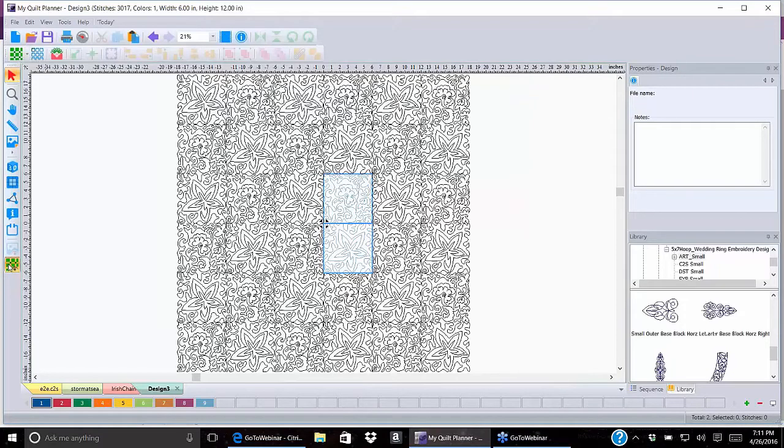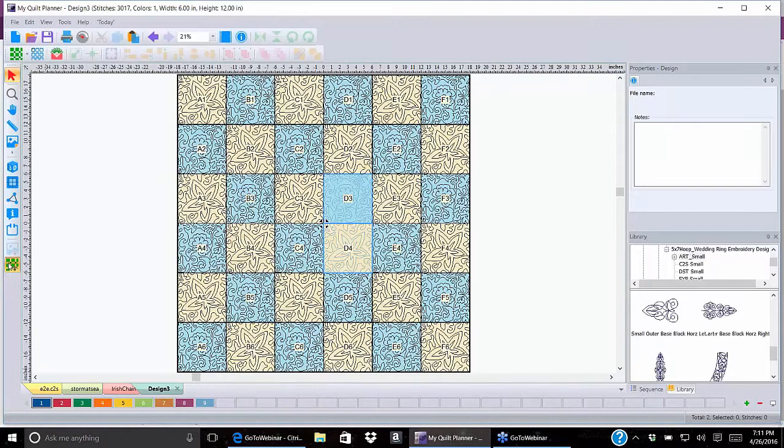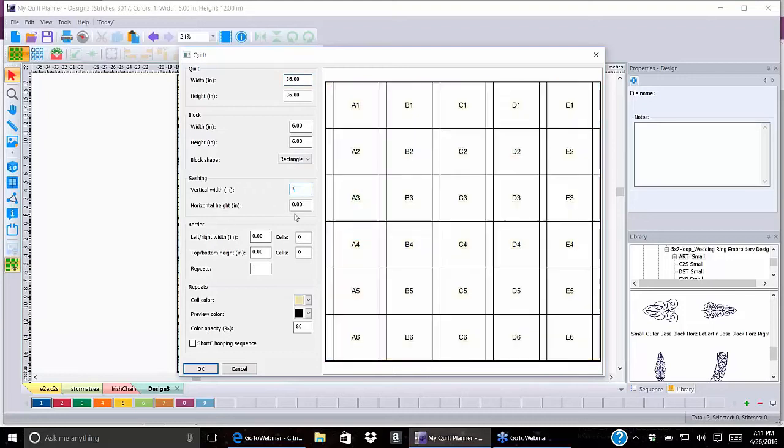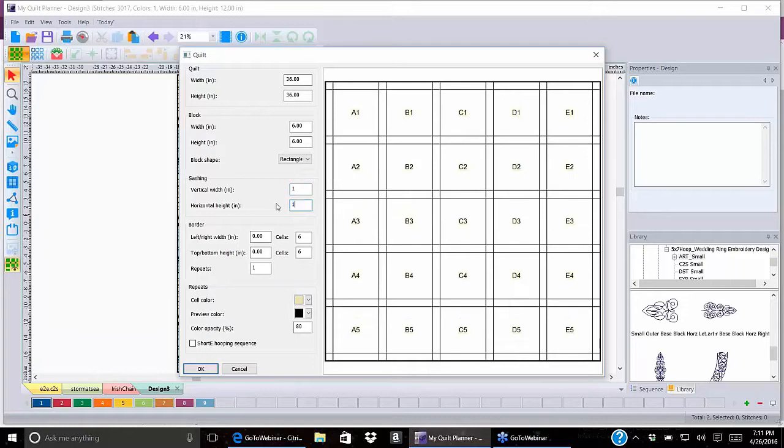Let's turn our quilt back on. We're going to change it up just a little bit more. We'll go back up to our quilt here, compose a full quilt, and this time I'm going to add sashing in. I want to do vertical 1 inch wide and horizontal 1 inch wide. And that still fits in the 36 by 36, but you notice we only have 5 blocks going across now instead of 6. If I was to do 2 inches wide,